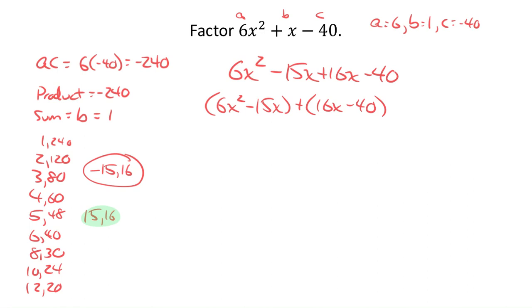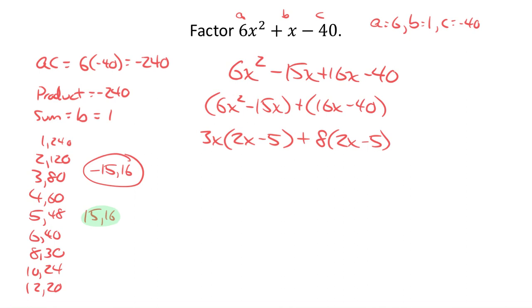So in 6x squared and 15x, we could factor out a 3x, leaving us with 2x minus 5. In 16x minus 40, the common factor is 8, so we can factor out a plus 8 there, leaving us with 2x minus 5. And just as I predicted,